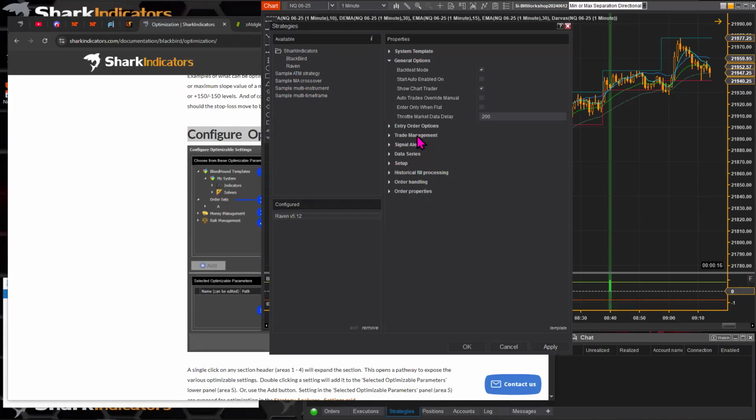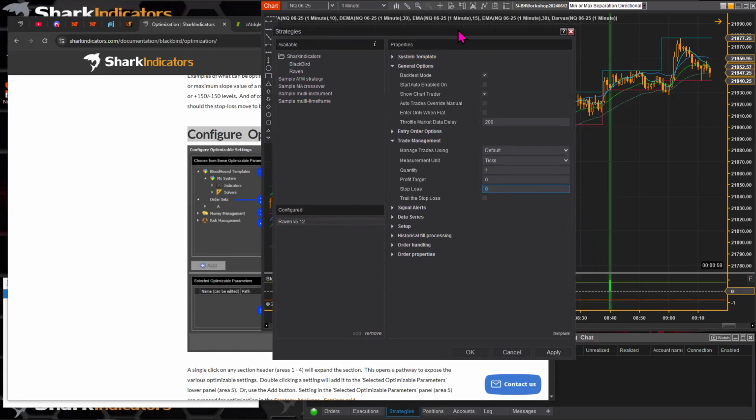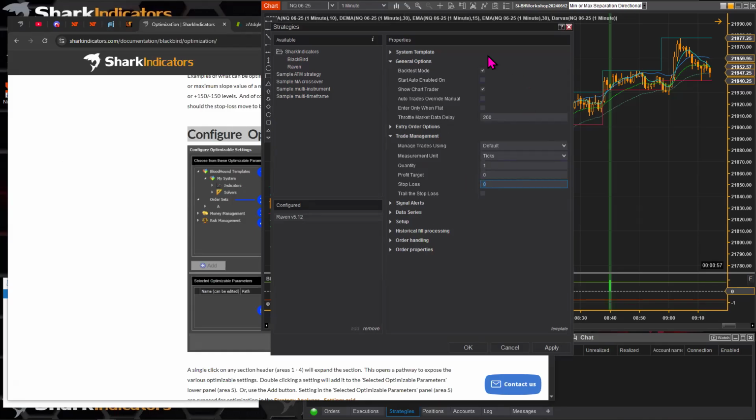Raven has your profit target distance and your stop loss distance exposed as a property on the strategy window property grid. NinjaTrader calls this a property grid. It's properties laid out in a grid fashion, two columns and a bunch of rows. So since we have exposed the profit target and stop loss,